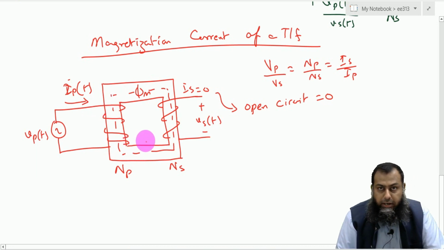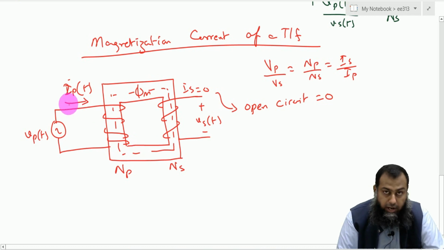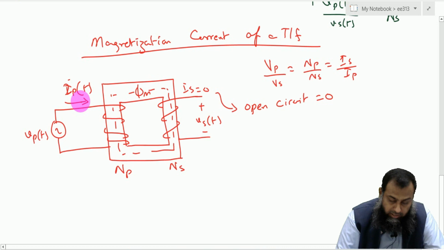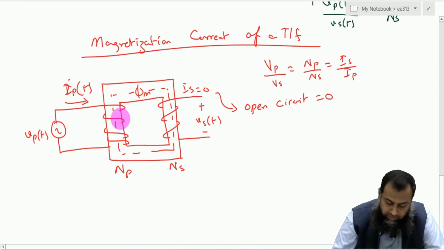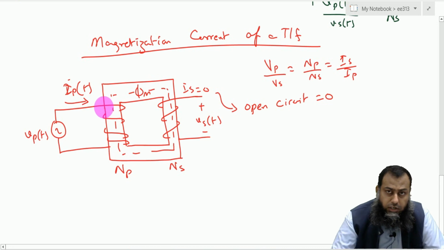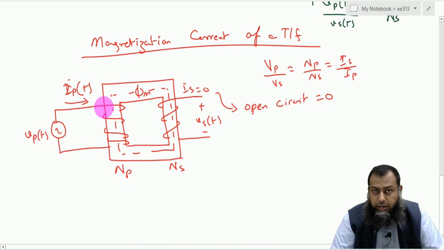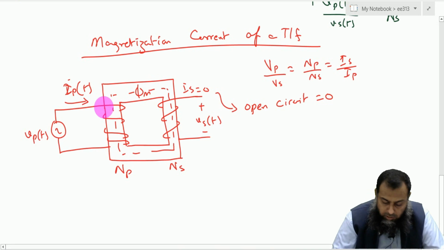particular core. But in a real transformer, it is not only the flux which is produced by this current IP, rather we have the hysteresis and the eddy current losses as well that emerge because of the flow of this current. So we can say that the input current which flows through the transformer when there is no load connected at the output side has two components. The first component is IM, which is the magnetization current,